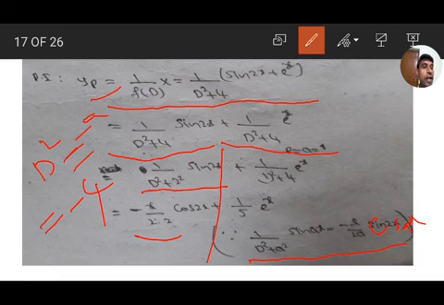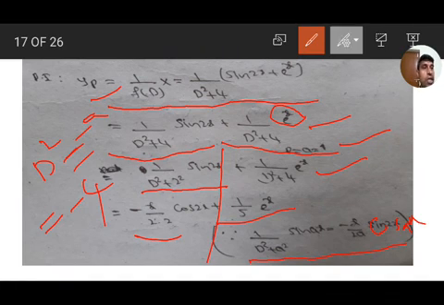Next, this part is 1 by d square plus 4 e to the power of x. So d equal to a, e to the power of ax means a equal to 1. Substitute 1: 1 by 1 square plus 4 e to the power of x. 1 square means 1, 1 plus 4 means 5, so 1 by 5 e to the power of x. Therefore,